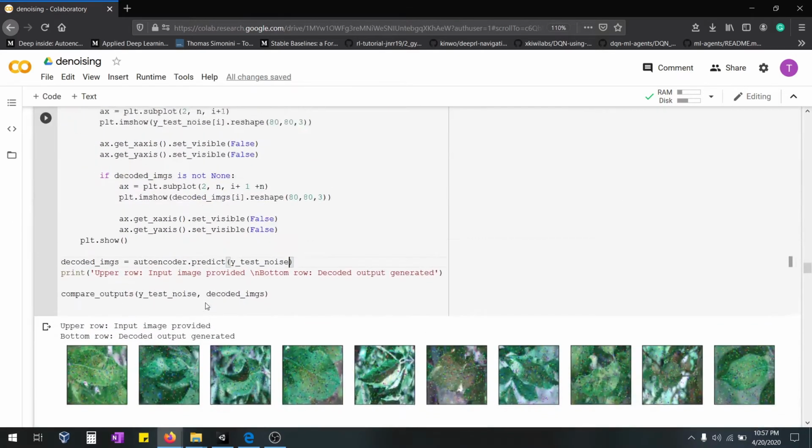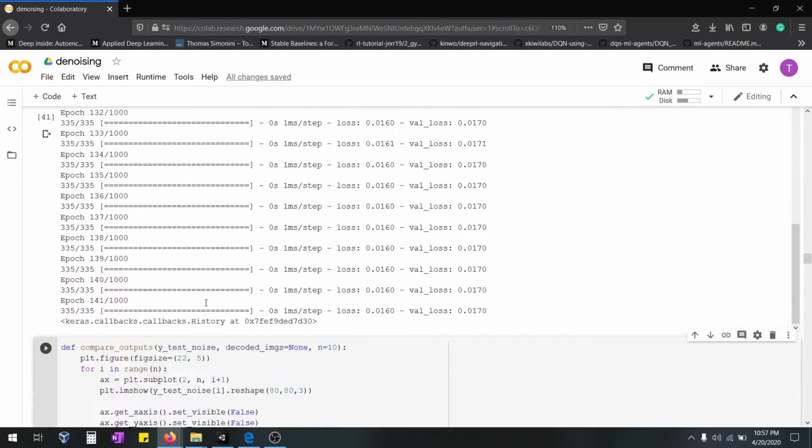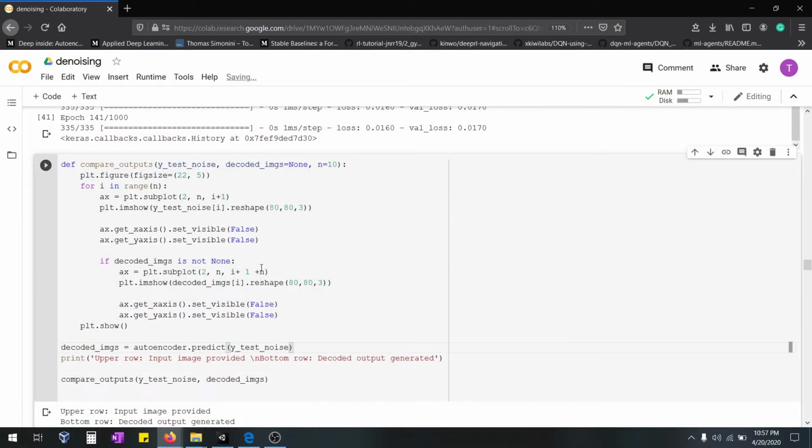This is how you have to add the noise to the images. This is the code to visualize what all the images have been generated.